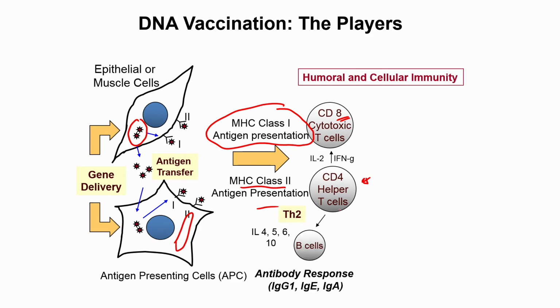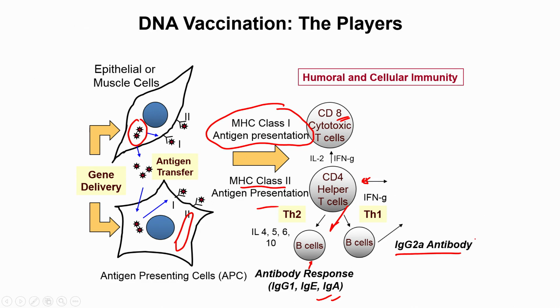So, CD4 helper cells will go towards the Th2, will activate the B cells, and you will get a strong antibody response. You can also go Th1 and you can get a different type of antibody. So, these are two different types, T helper cells 1 and T helper cells 2. Depending on which one you are activating, one gets activated through an external antigen, one gets activated through a cytoplasmic antigen. So, this is for the cytoplasmic antigen,